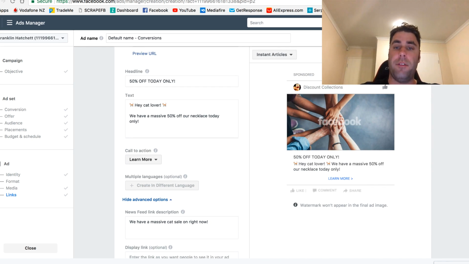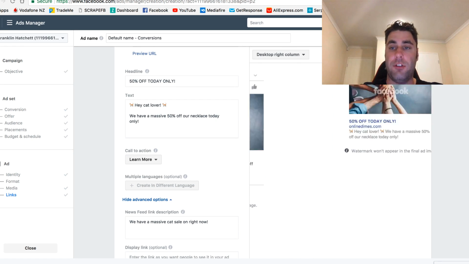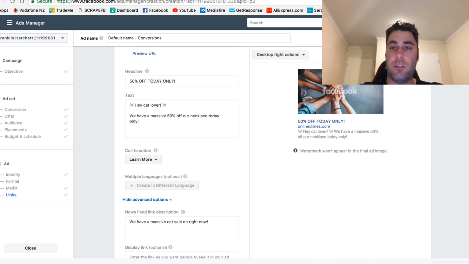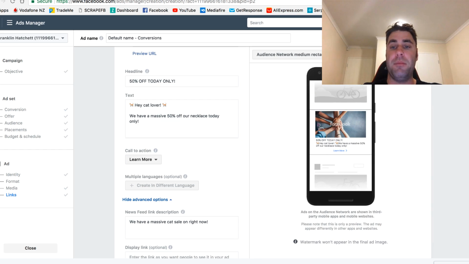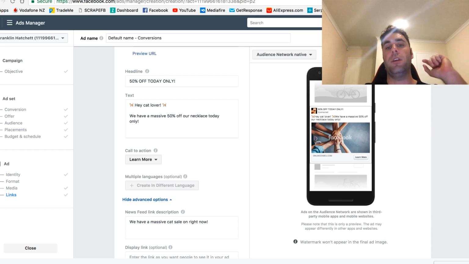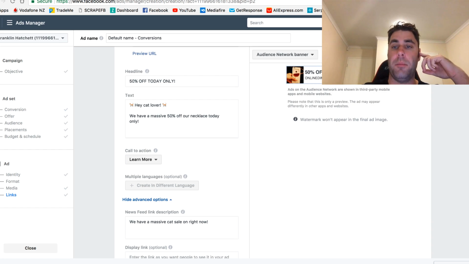And then we also have, so this is instant article, guys. This is the ones that turn up in the articles, and it's really nice and clean. I really like this feature. Then we have desktop right column. We have the, this is the audience network, which you're not going to be using pretty much most of the time. The main ones you're really going to be using are going to be,